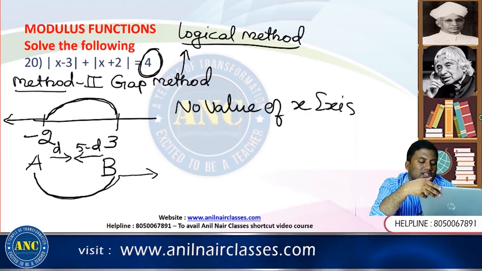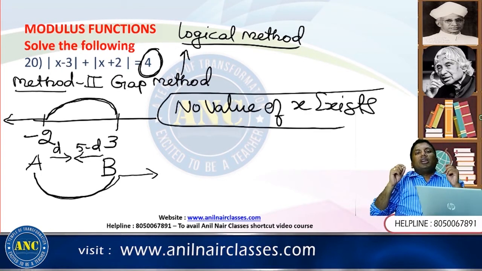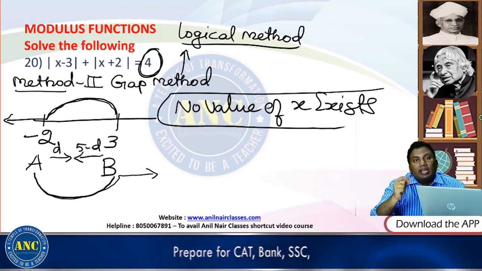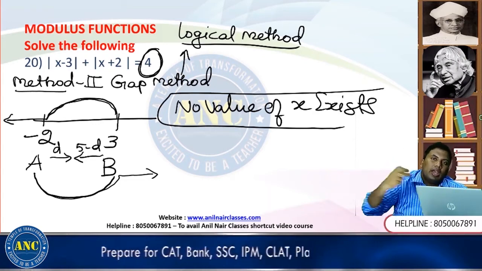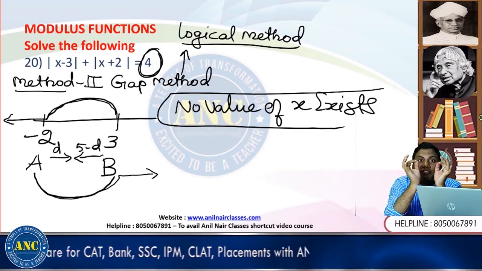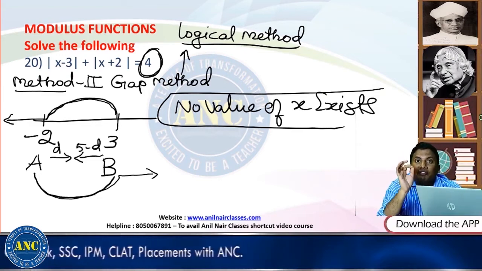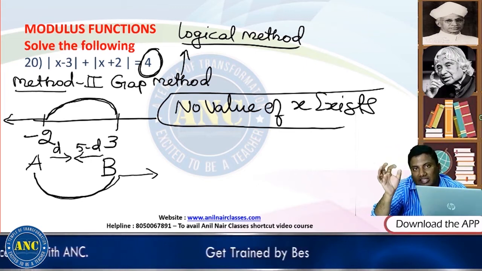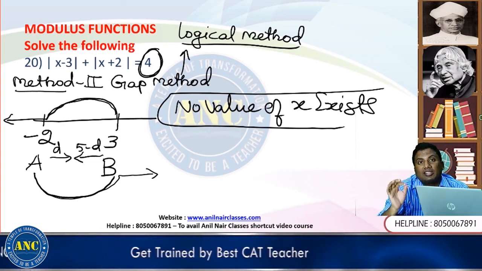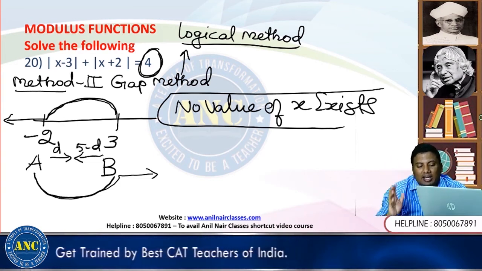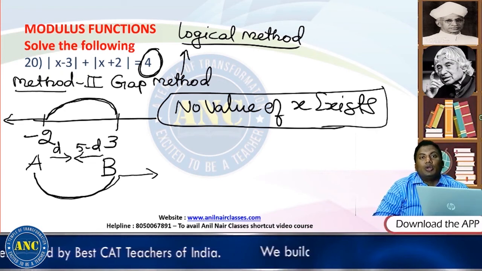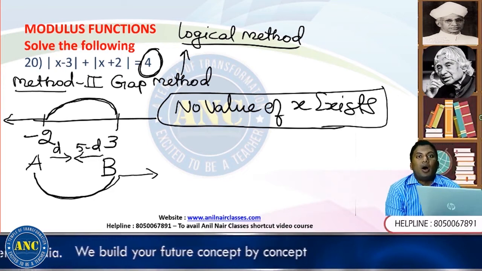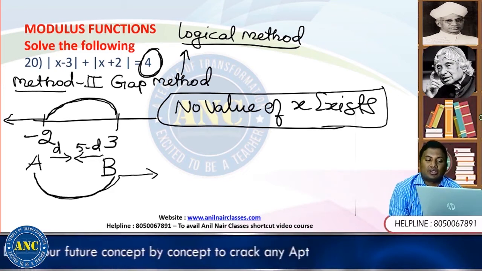That means this question is telling me the important value: the minimum distance for A to B, A going to B or B going to A or A and B meeting, has to be 5. Any value less than 5 on the right hand side of the question, I will get the answer no value of x exists. Greater than 5, yes, I will get the answer. How I will get the answer, we will see in the next few questions.